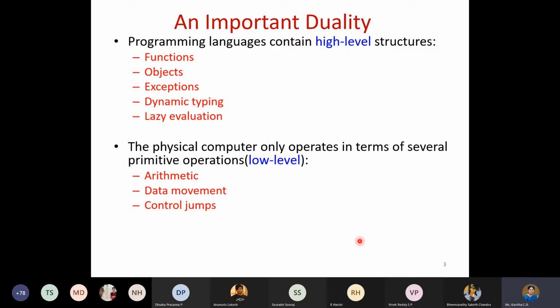It can take care of arithmetic operations, it can take care of logical operations, it can perform data movement, like using the move instruction or the load instruction or the store instruction. We can use the memory model, we can use the register model, we can also take care of the control structures by using jumps. Okay, but compared to high level languages, we have very few primitive operations present in low level.